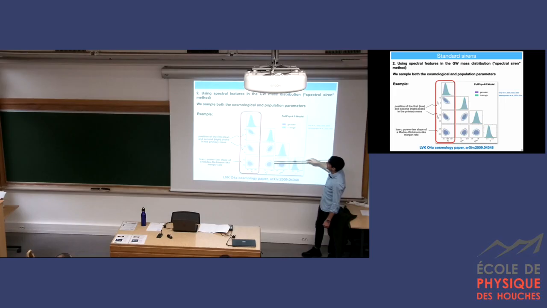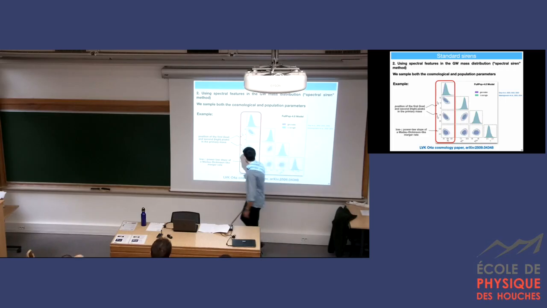This has been obtained with two pipelines, the two that we used in the latest LVK cosmology paper, which are called GWCosmo and Icarogw, and you can see that they are pretty well in agreement. I can come back to the correlations maybe later, why they have this shape, and gamma as well. So,